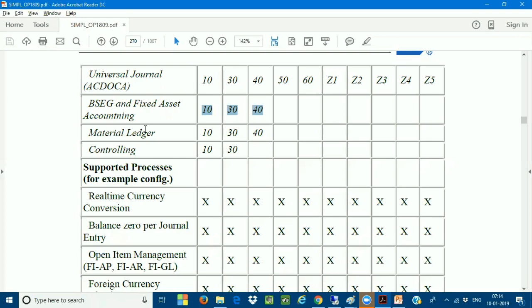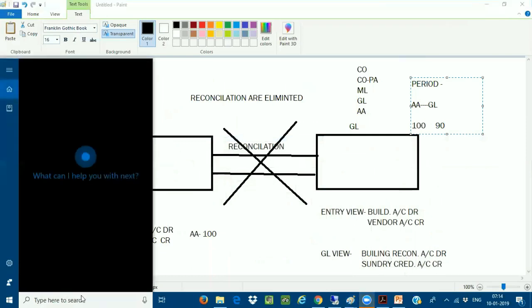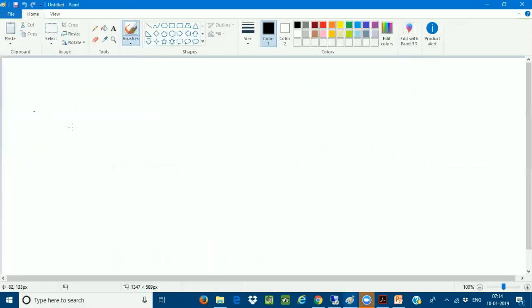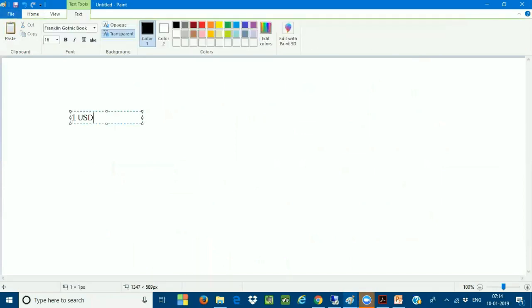First, let me confirm. I'm taking one example now. You are talking about the Indonesian currency, so one USD dollar is equal to 10,000 Indonesian currency. What is the Indonesian currency code? IND? I don't know. He said rupees. Okay, INR. I'm just making an example with INR. One rupee is equal to 10,000 Indonesian currency, or what exactly is your question?